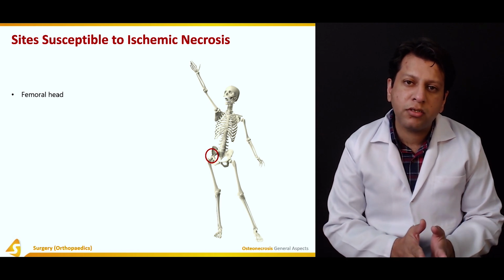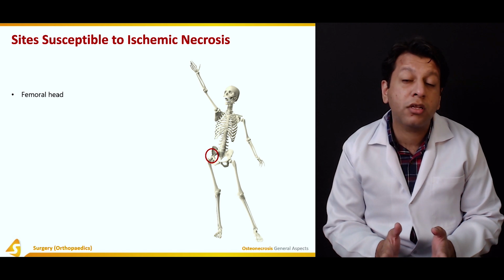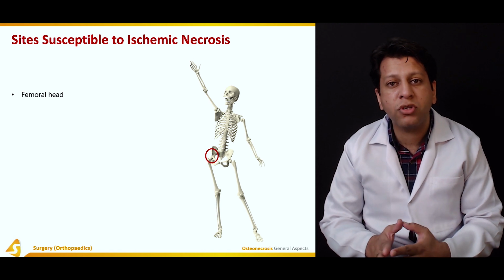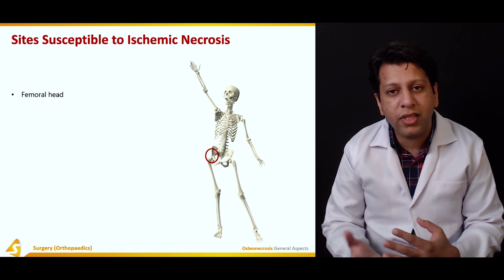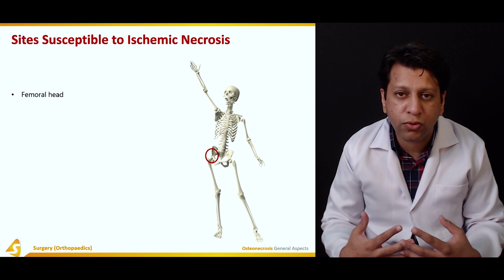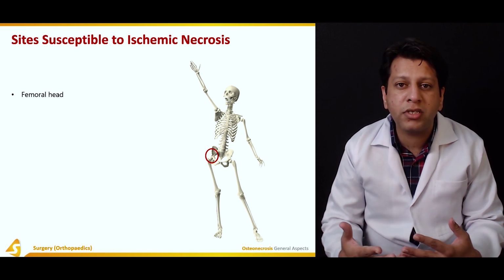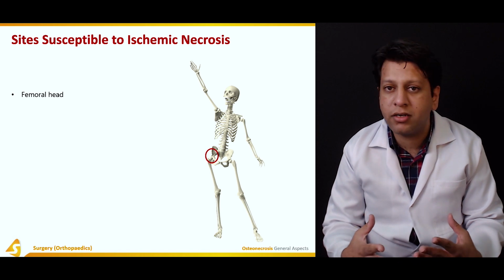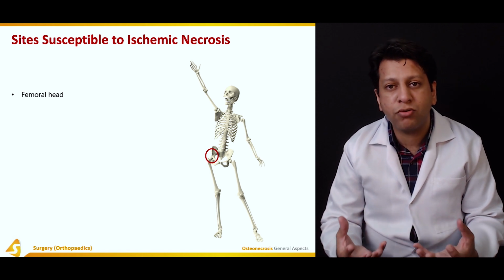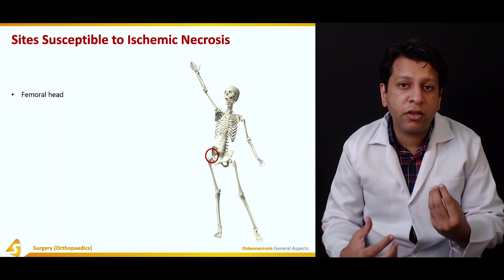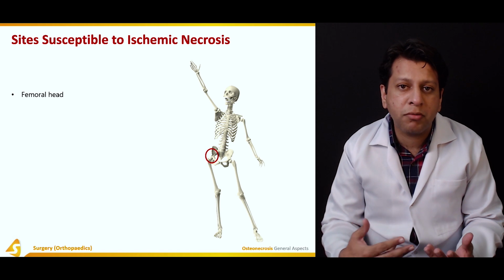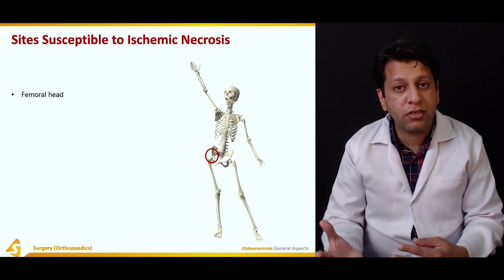By the age of 4 years, the majority of the blood supply going to the head is through the lateral circumflex femoral artery. By 8 years, the blood supply to the head is mostly from the medial circumflex femoral artery. So if that is affected, or in case of a fractured neck of femur, in traumatic osteonecrosis, the retinacular vessels which are entering into the capsule get torn. Once the blood supply is stopped, there would be a chance of avascular necrosis of the femoral head, because a very small part of the blood supply is coming from the artery to the ligamentum teres. Most of the blood supply is coming from the medial circumflex femoral artery, which is lying outside the capsule.